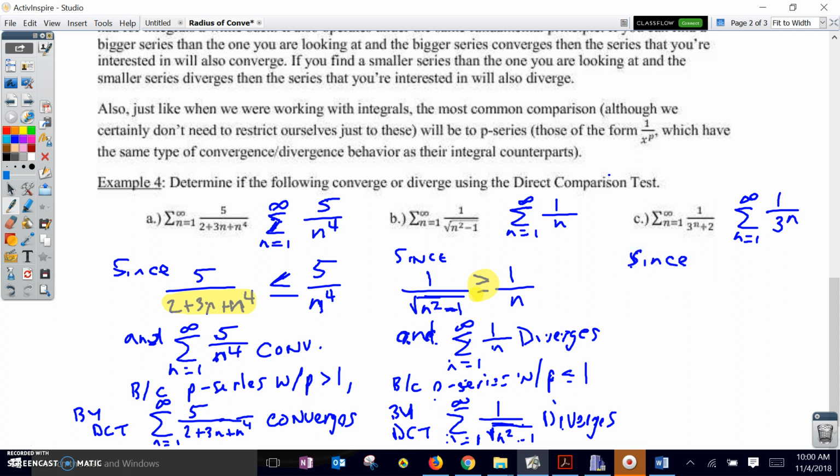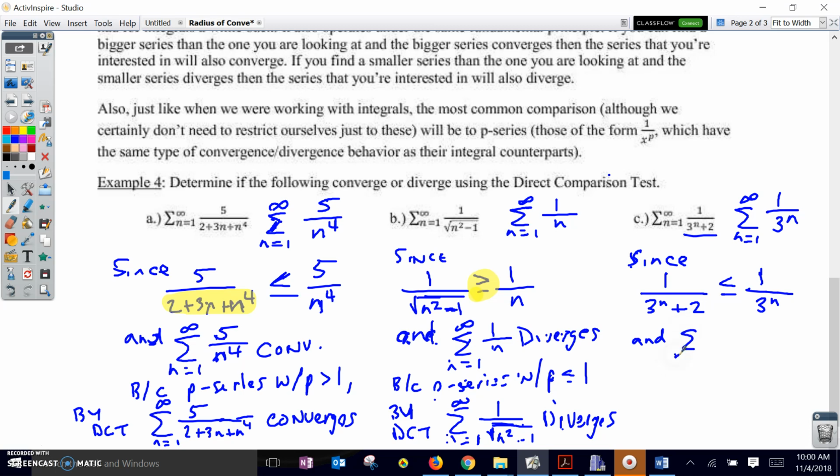But it is a geometric series, which is another opportunity for us to draw the kind of conclusion that we want about its convergence or divergence. All right, and the series that we're interested in is always smaller than this because it has a bigger denominator,